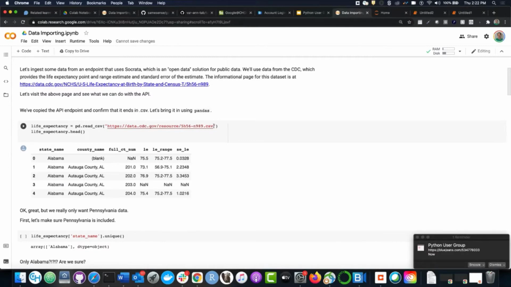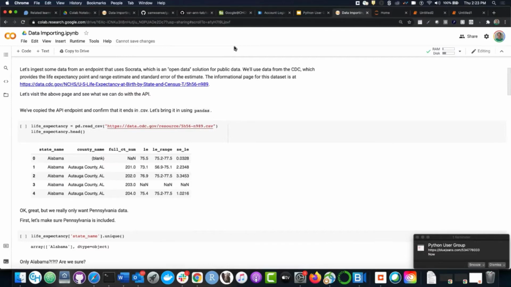Now, behind the scenes, as you can see, this is a comma-separated values file, or a CSV, right? But this is sort of a special case of a CSV because it is an API, or application programming interface, that's serving up this CSV. And I've heard people say, what's an API? I hear people say API, I'm not sure what that is. So I thought this would be a great place to throw in a little API education.